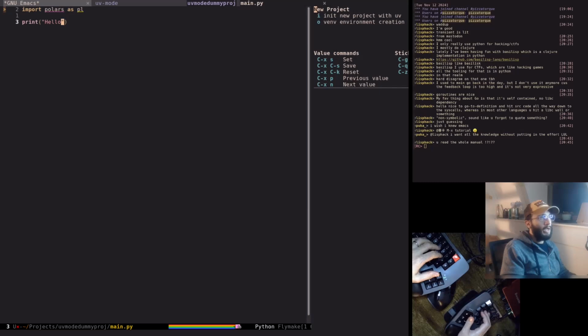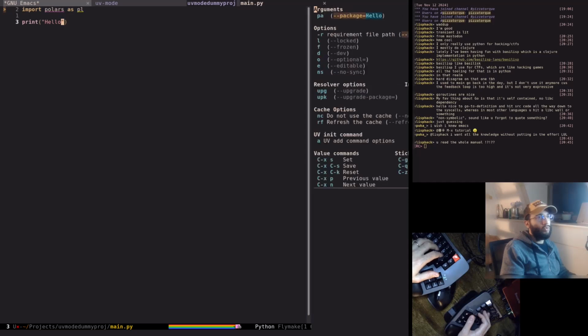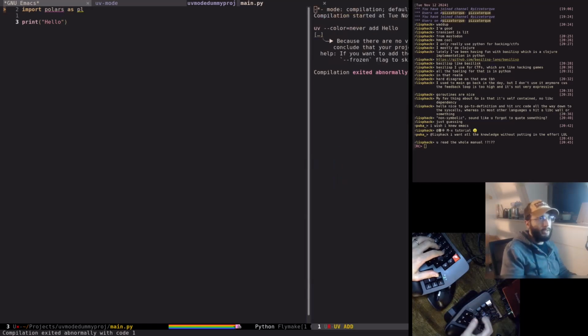We can also try to add, remove the R. NS no sync, RA reinstall, UPG upgrade, and C do not use the cache. Let's just throw a bunch of booleans and see if we break it. But